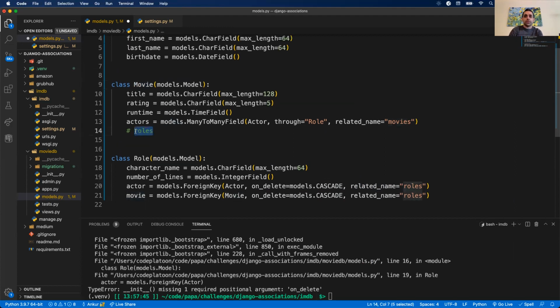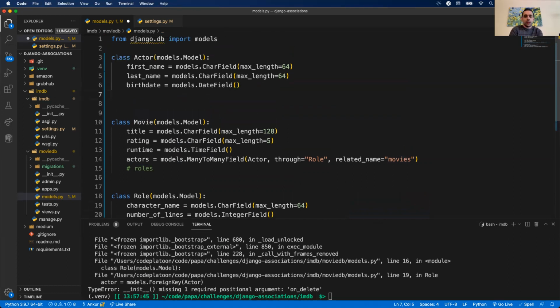I can call it roles because the new James Bond movie, or whatever movie you're thinking of, probably has multiple roles in it, right? There's very few movies that have a single role. I'm sure they exist. But if I want to know, hey, No Time to Die, what are the roles in it? What actor roles are they? Well, I could just call whatever movie dot roles and figure that out via the related name.